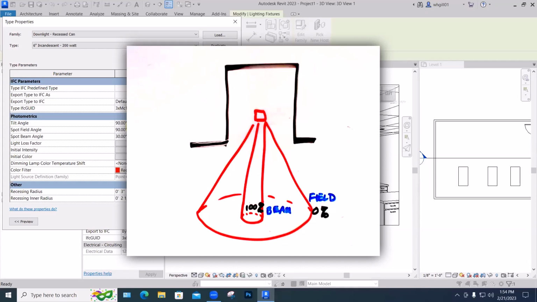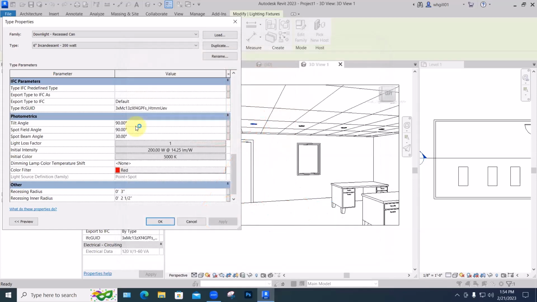And so it'll be full brightness inside of here, and then gradually slow down to nothing by the time you get to the edge of it. And if those are almost the same, you get a sense of, boy, that's just straight down. If they're quite different and the field goes out like this, and the angle's in the middle, it'll fade out very gradually. So let's change the field angle to,